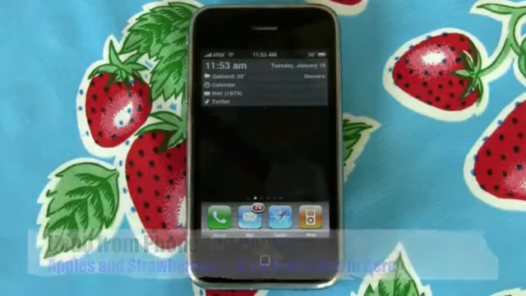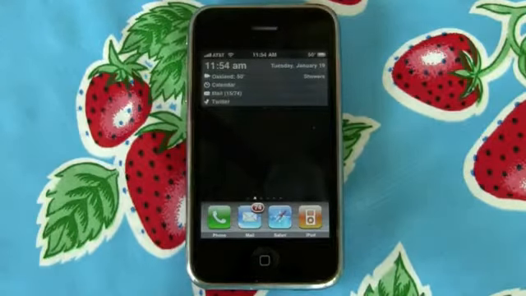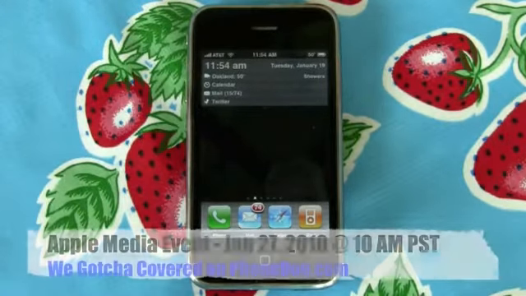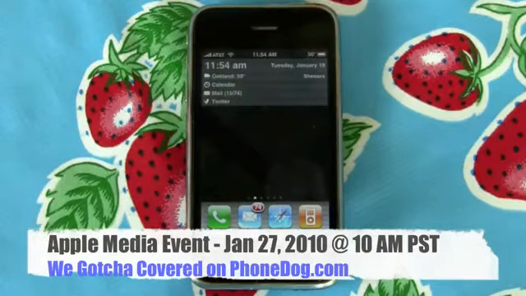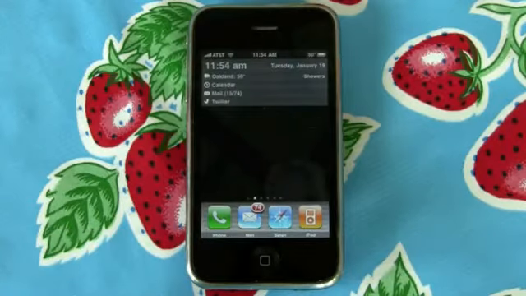With all the rumors kicking around about Apple iPhone OS 4.0 coming out soon, possibly on, as I'm shooting this today, next Wednesday, January 27th, there's an Apple Media event scheduled, and rumors flying that they're going to preview iPhone OS 4. With all that going on, I figured I'd take a look at one of the features that lots of people want on the iPhone, which is multitasking, the ability to run apps in the background